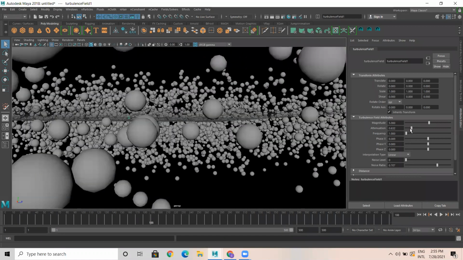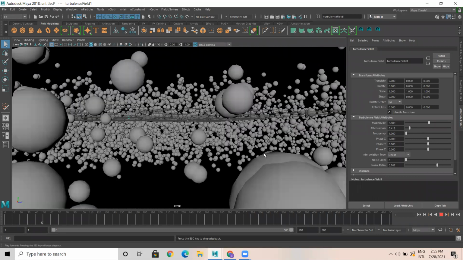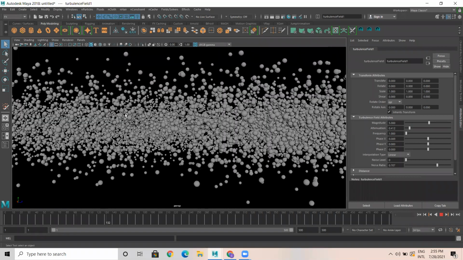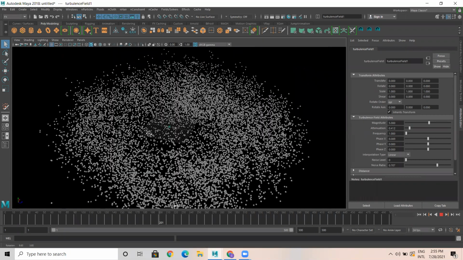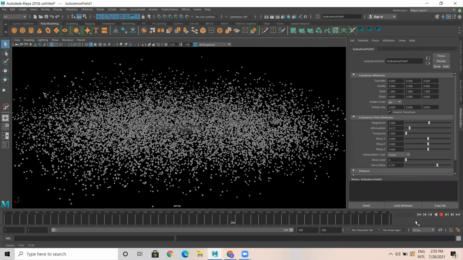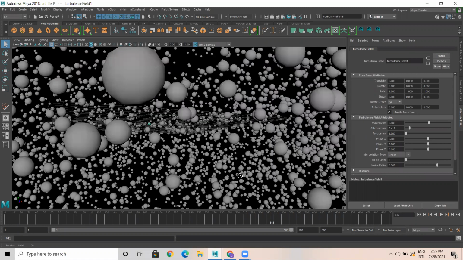So I can reduce attenuation. When I reduce attenuation, there are a lot of movements like this. See, it's like this.